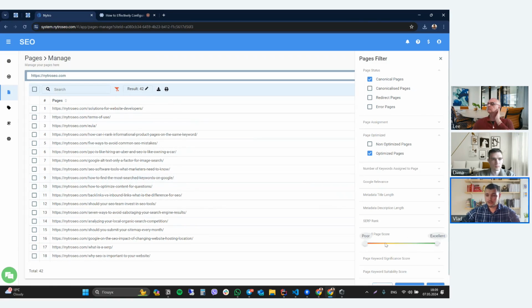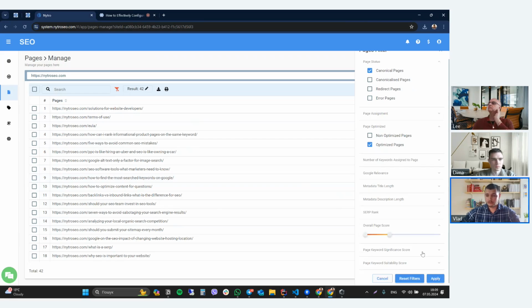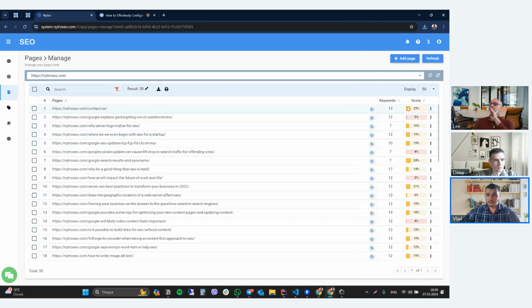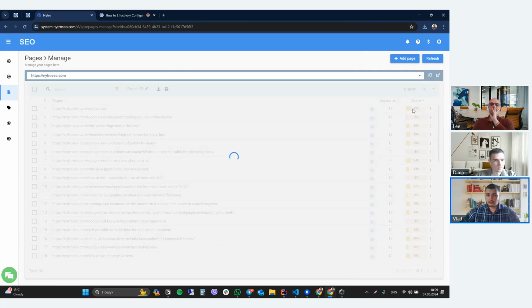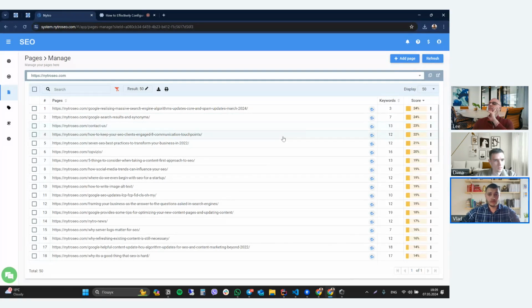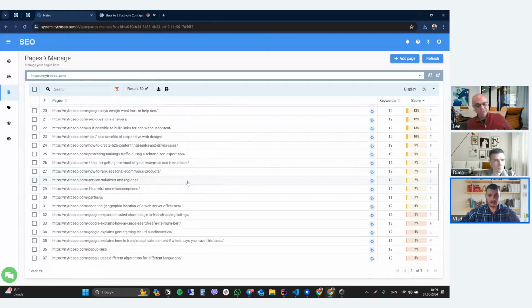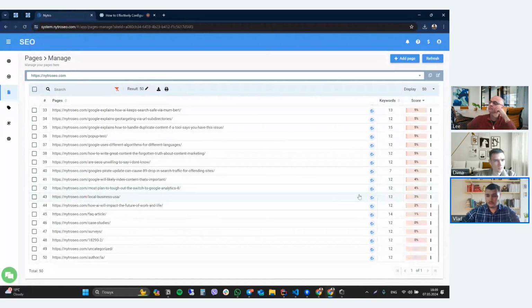We can also sort by the red section, for example, and see how many pages we have for reviewing, where maybe we need to update some content, or maybe we need to add more keywords. We can also use this information to decide that maybe we don't need to optimize some pages. For example, these two we don't want to optimize, maybe because these pages don't have enough content anymore,